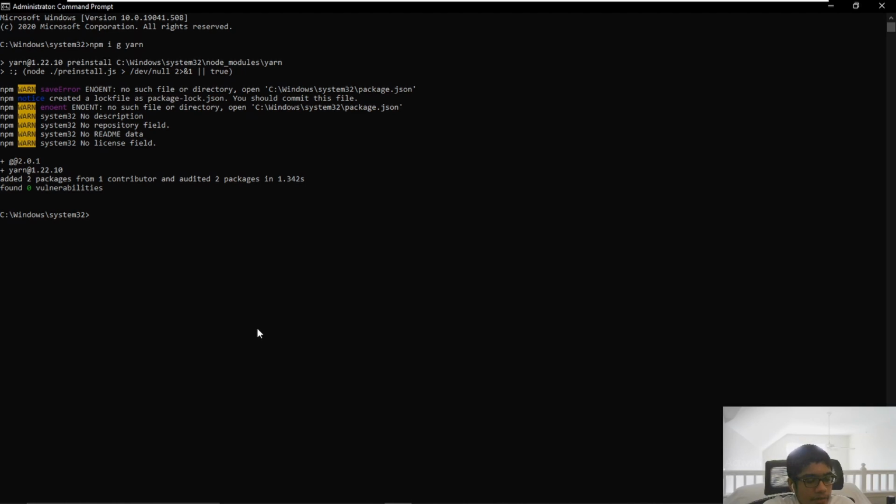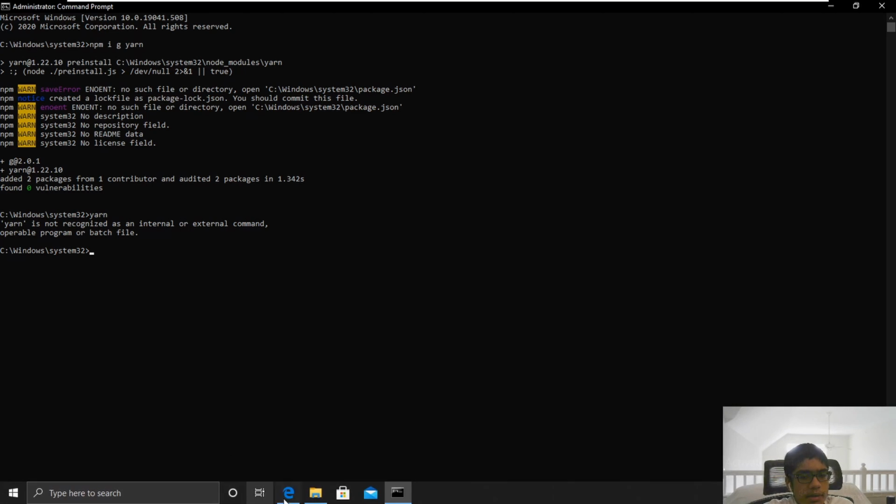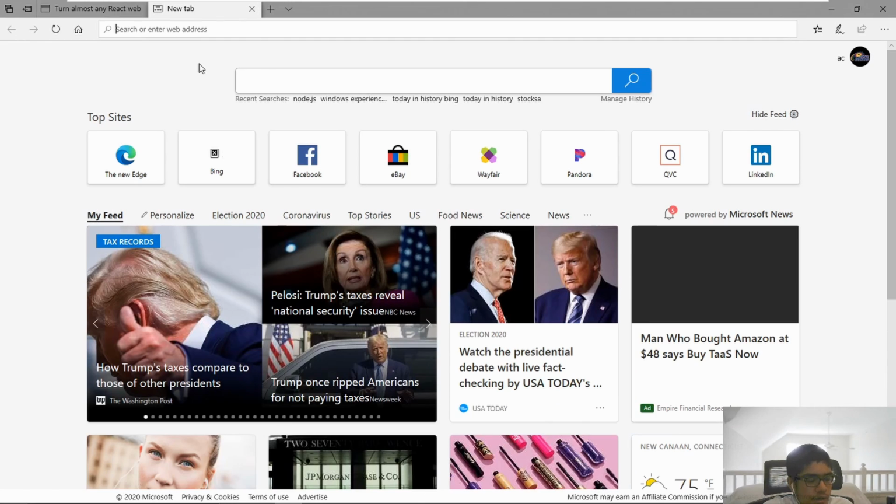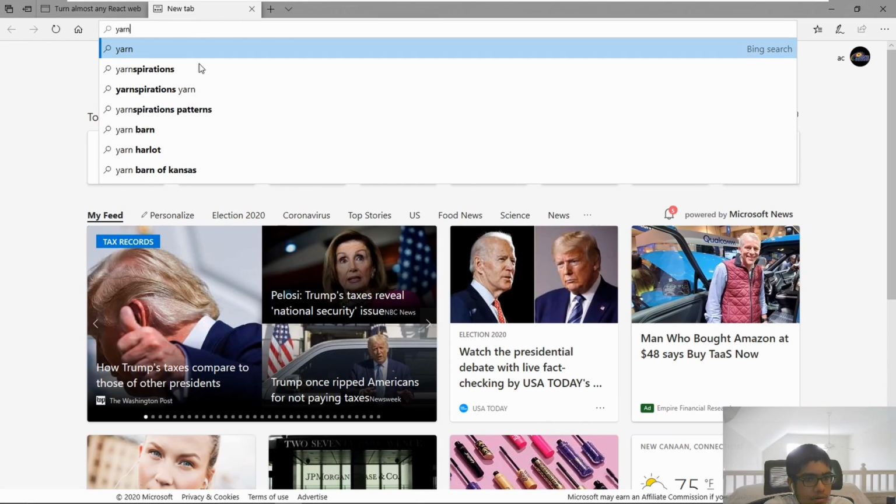And here we are. So now just to confirm that yarn is working, you can type in yarn in the command prompt. And as you can see, we got an error, which means that yarn didn't install correctly. So what you can do, if that npm command doesn't work for you, you can go to your browser, you can go to Edge, type in yarn